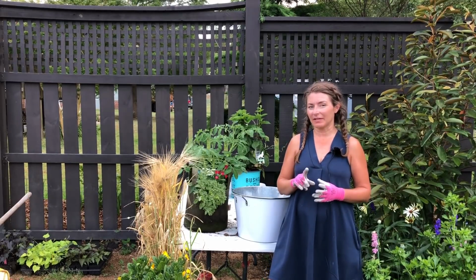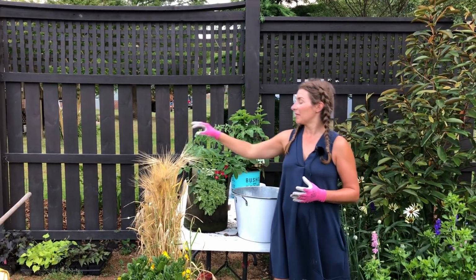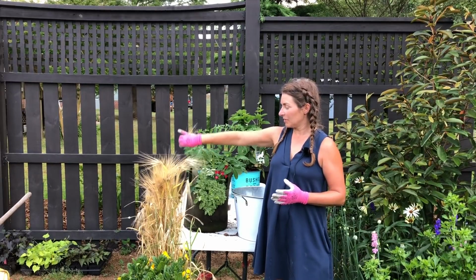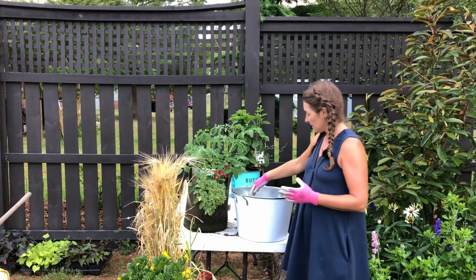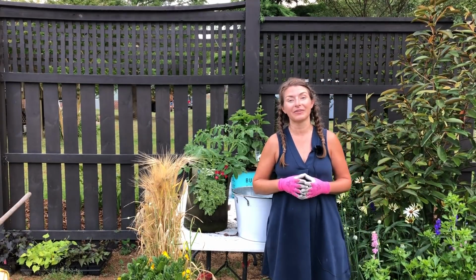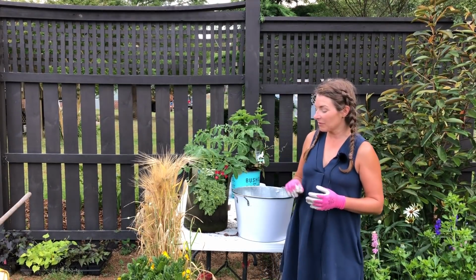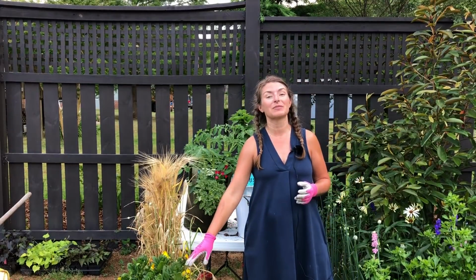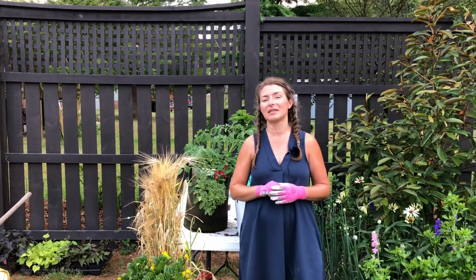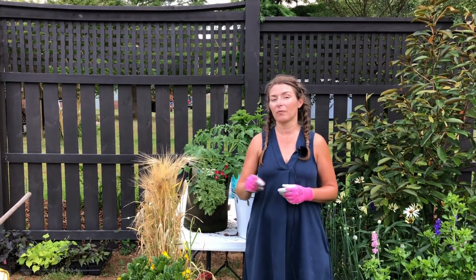So specifically, I'm going to be harvesting the barley seed, which is really simple to do. You literally just pop it off the top, put it into a container so that I can thresh and winnow it later this weekend. But I'm also going to be saving seed off of my spinach, and I'll show you how I'm going to do that because the spinach seed isn't quite ripe, but I am ready to get this